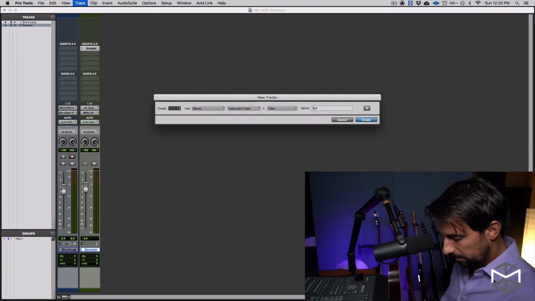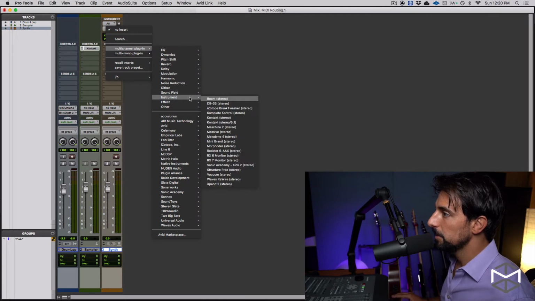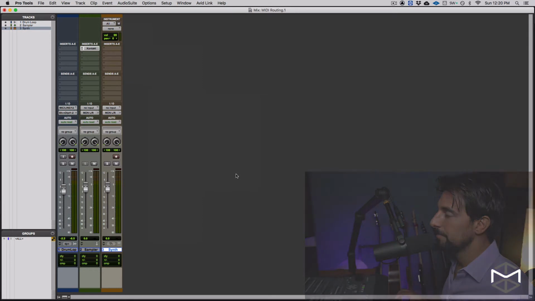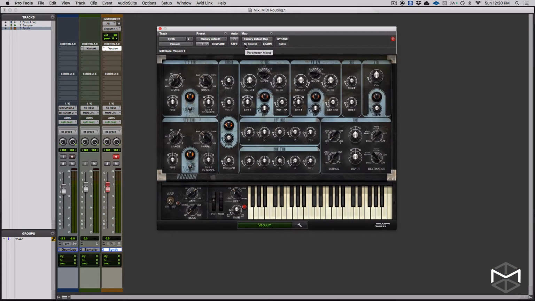So in this case, I could open up a synthesizer. I'm going to choose Vacuum. And as you can see over here, this virtual instrument doesn't allow me to send any other signal. So if I play this, that's what we have. In other words, we cannot input within this virtual instrument more than one track